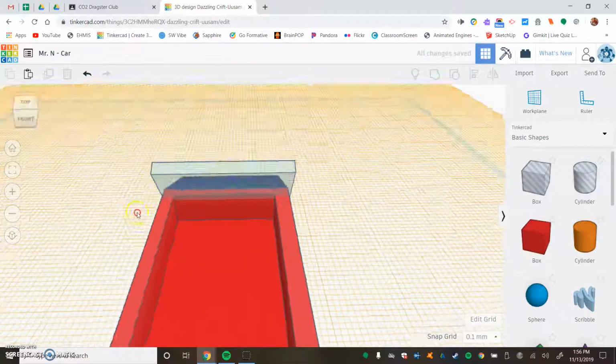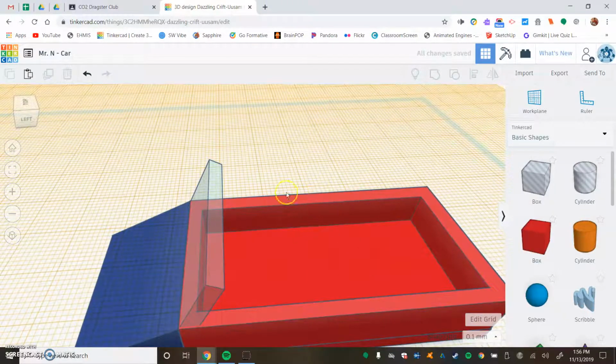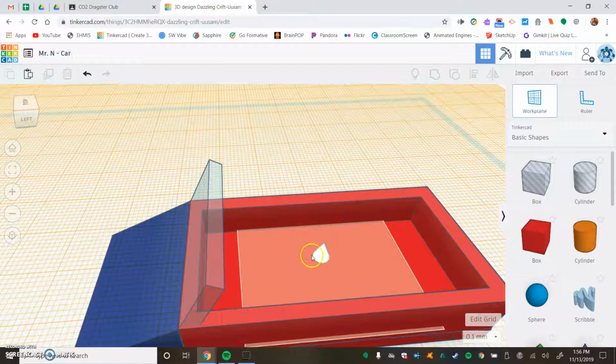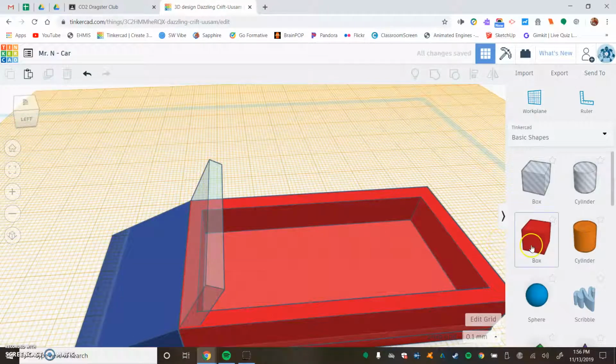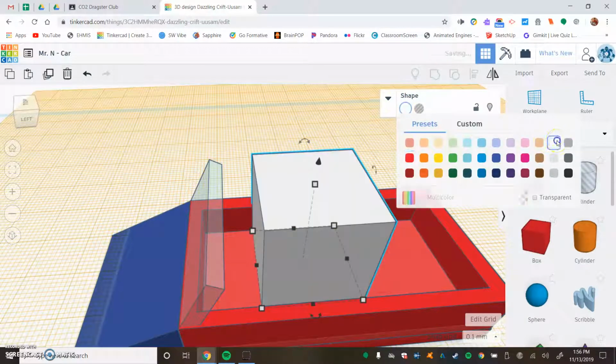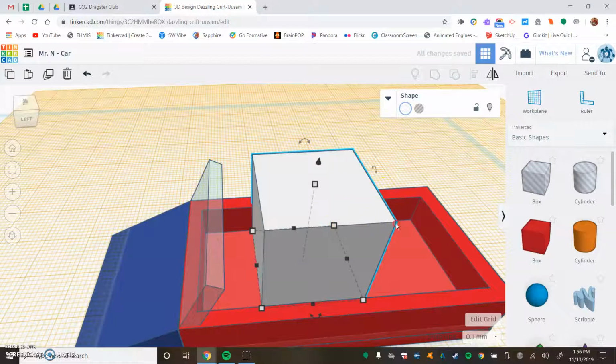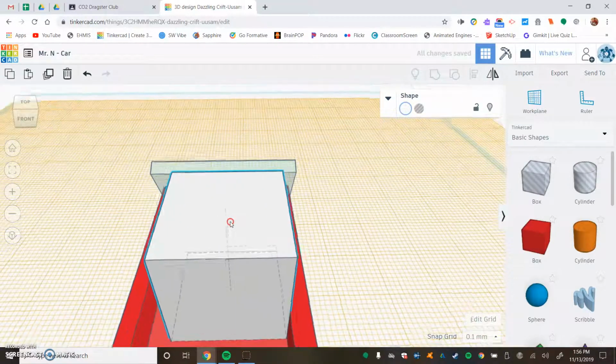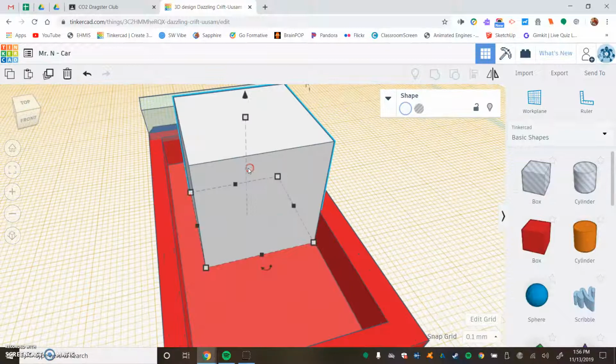That's looking pretty good. Next thing I want to do is I think I want to put seats in here, like bench seats. Take the work plane, stick it on the inside of the car, and I'm just going to start piecing this together. I'm going to change to a different color just so it's a contrast and it's easier to see on the screen. I'm going to move it around